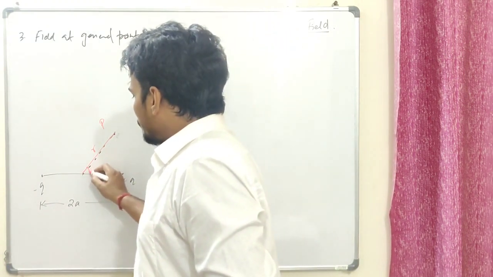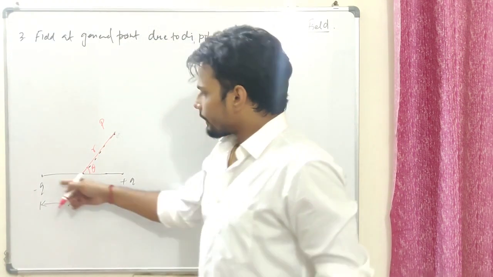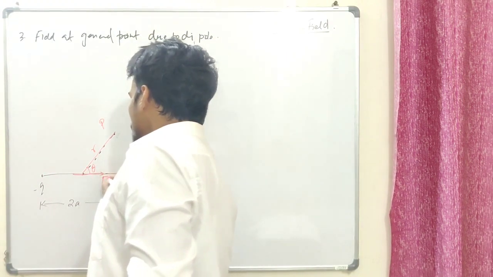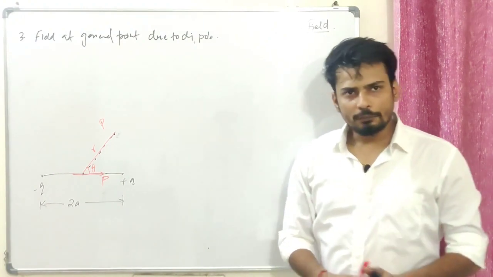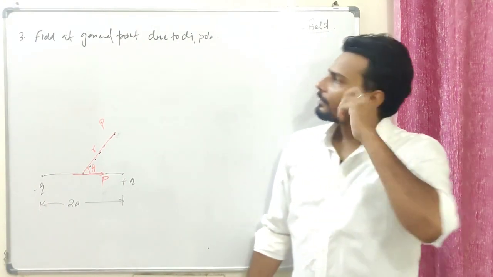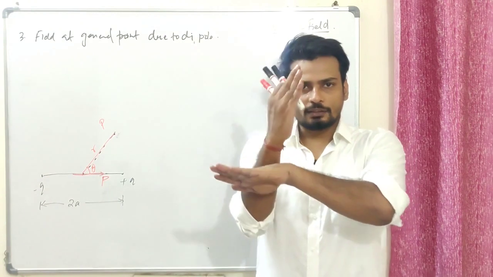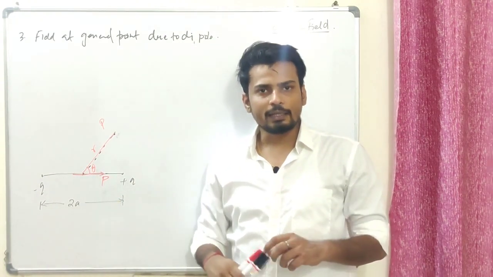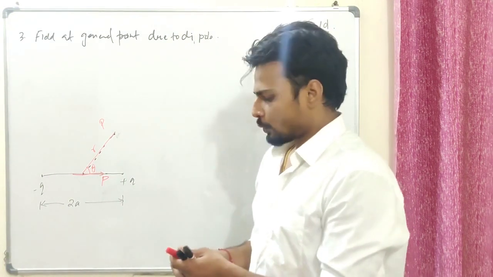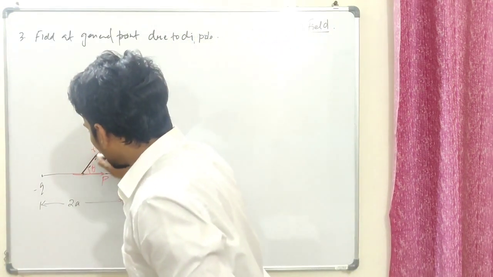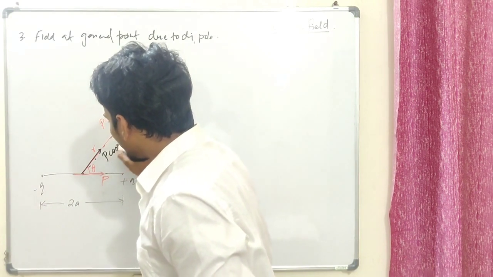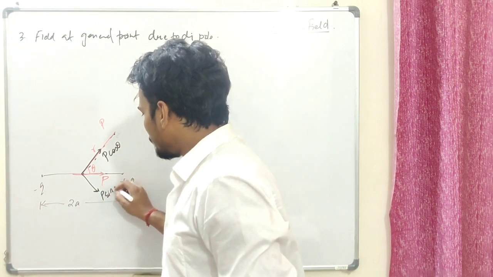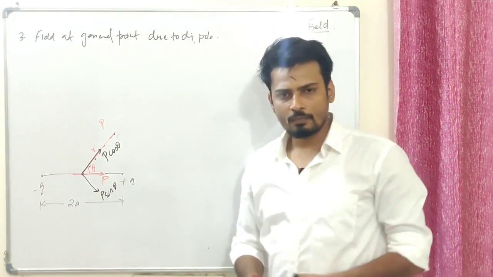Now let the angle be theta. The direction of the electric dipole will be in this direction, that should be the direction of P. So what we can do over here, since we have learned the field on the axis as well as on the bisector, can I just get this dipole moment resolved into its rectangular components? So one part of it should be in this direction, that is P cos theta, and this side will have P sin theta. I hope you guys agree with this. Fair enough.